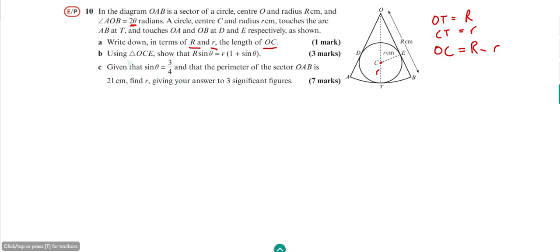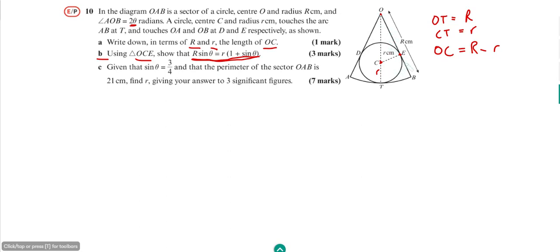So now we're going to look at part B. So using triangle OCE, show that this expression is true: R sine theta equals r, and then in the brackets 1 plus sine theta. So we're looking at this triangle OCE,